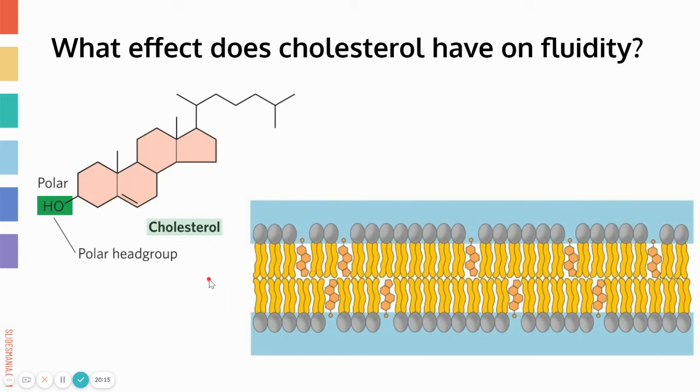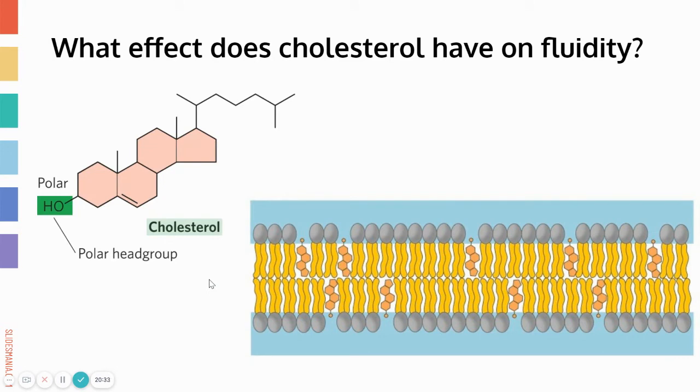And one of the last questions that I asked you in the membrane structure exploration Google slide thing was what effect you thought cholesterol would have on membrane fluidity. And I'm curious to see what people's responses were. I think that people think of 2